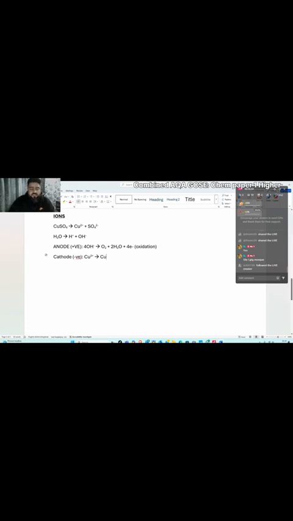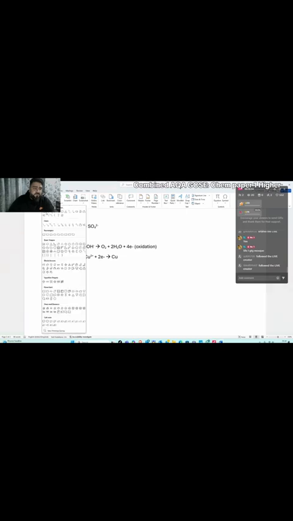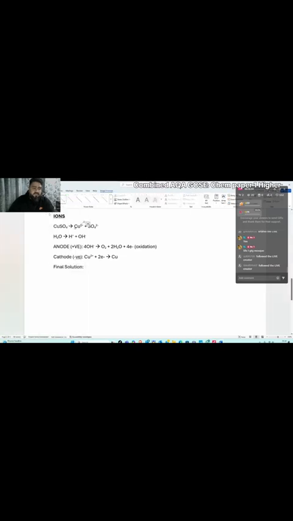Now they are balanced in terms of atoms. You just need to balance it in terms of charge. And so that's going to be 2e-. So what's the final solution going to be? The answer is just cross out what you've used up. So we have used up, in this case, the copper, and we have also used up the hydroxide ions. And so what we're left with is H+